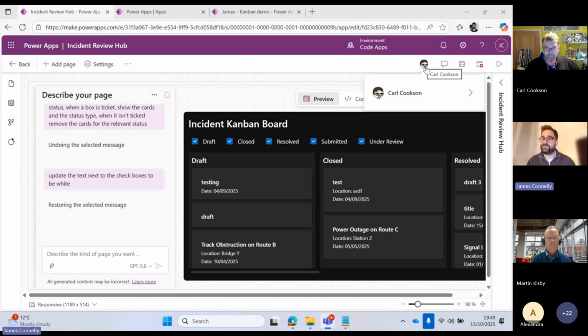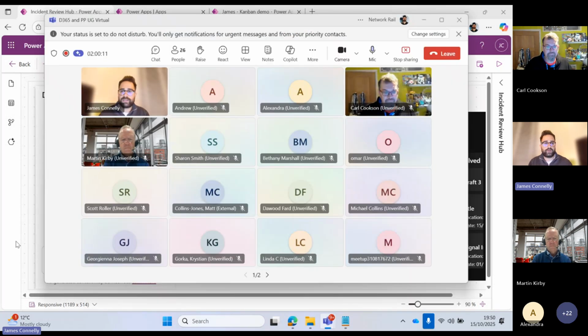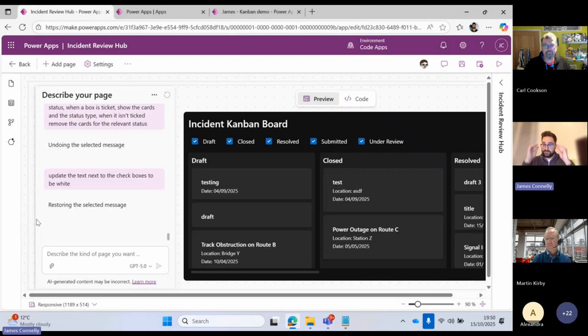You can probably see at the top here, I can see Cookie's great display pictures, so we can actually collaborate as well. We're working on the same solution, the same app together. And for me, the feature has really come a long way over the last few weeks. To be honest, it's iterating so quickly. Cookie showed it being able to edit code, which wasn't there maybe a month or so ago. So it's genuinely